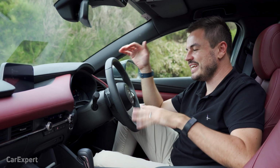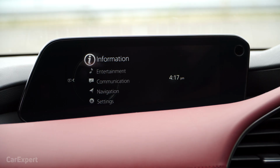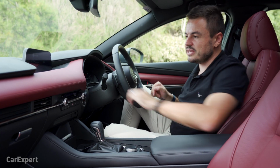So MZD-Connect, it wasn't the best system and it was getting really dated. So this is now becoming commonplace in a lot of Mazda's cars, which is excellent news. There are some similarities with MZD-Connect. So it shares this rotary dial with shortcut buttons, but the biggest difference up here is that it's no longer